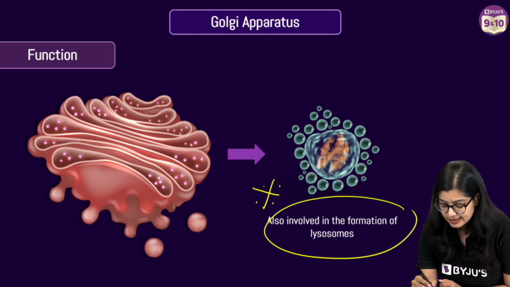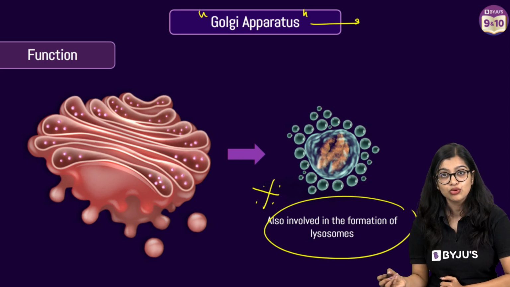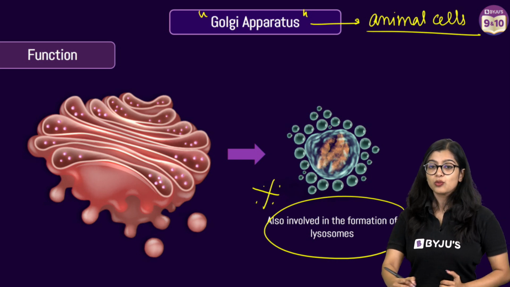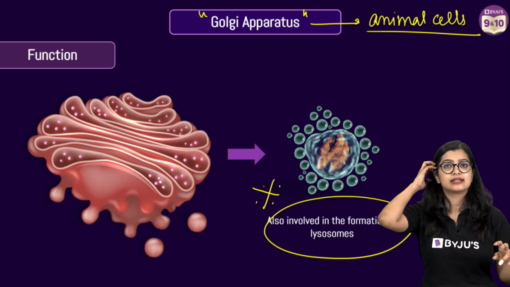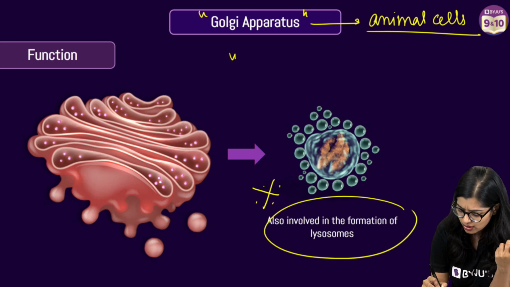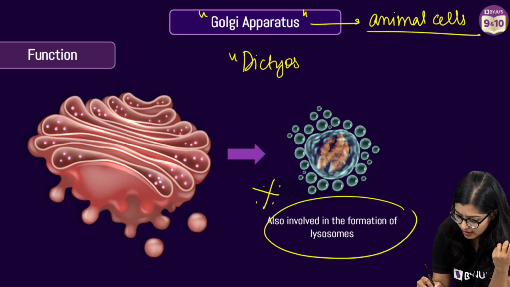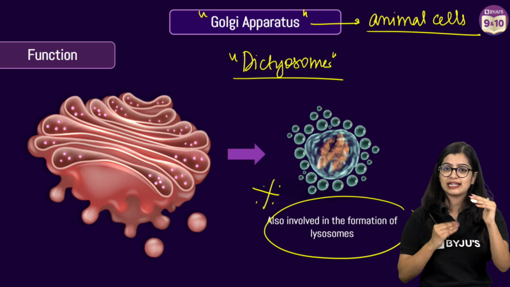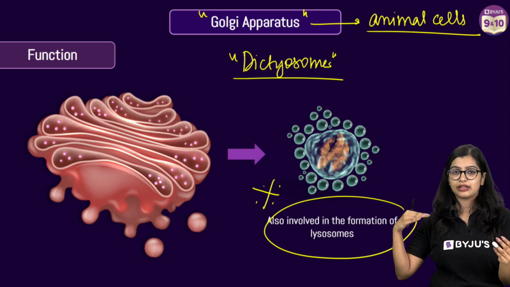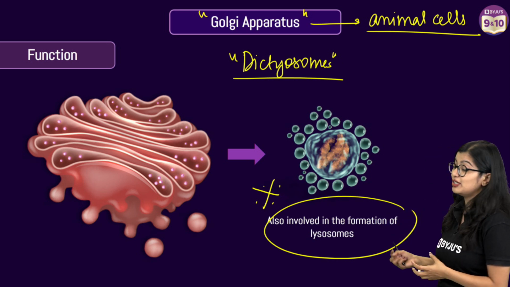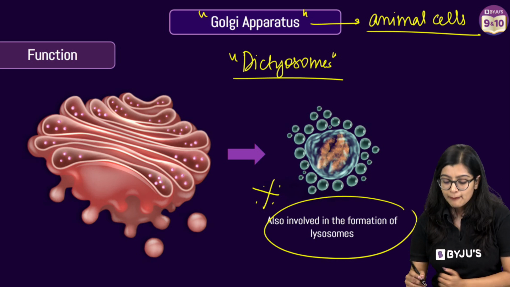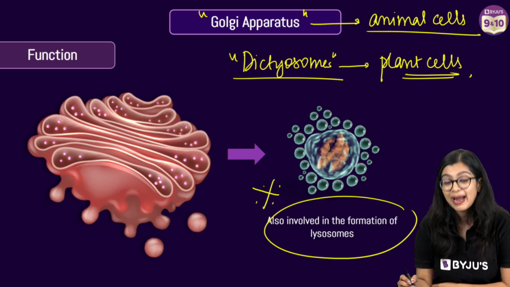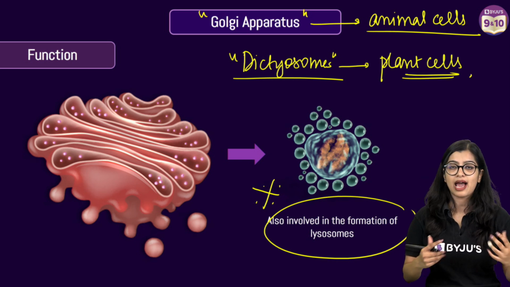One thing to remember is that the term Golgi apparatus is used in the case of animal cells. But in the case of plant cells, we don't really say Golgi apparatus, but rather a slightly different structure which we call dictyosomes. Now, are they different or are they the same? Structurally, there are some slight differences between dictyosomes and the Golgi apparatus, and we will not go into the deeper details of it. But dictyosomes are the structures we find in plant cells, while Golgi apparatus or Golgi bodies are what we see in animal cells.